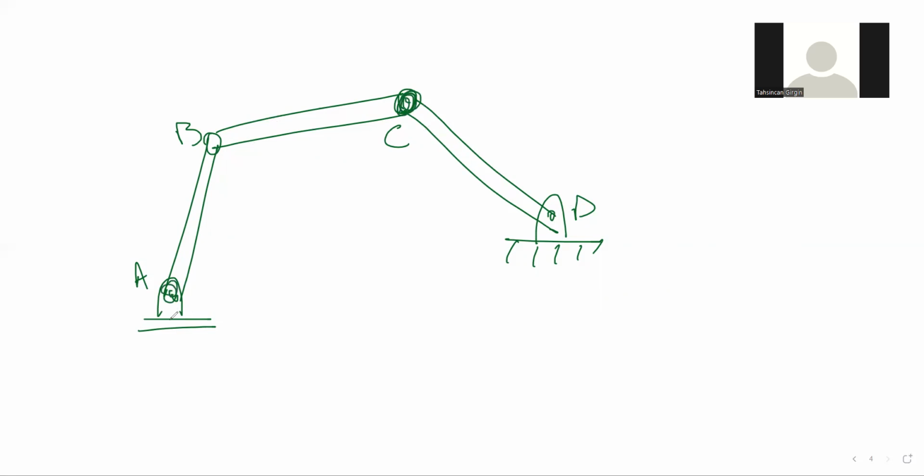Are you allowed to? No, we are not allowed to, because this is rigid body kinematics. For one rigid body, I will be using my equations and I will be happy. Then I will take another rigid body, and on that rigid body I will write that big ginormous equation and I will be happy. Same situation goes for CD. You are not allowed to write C with respect to A or B using D. So on one rigid body, you use these equations.